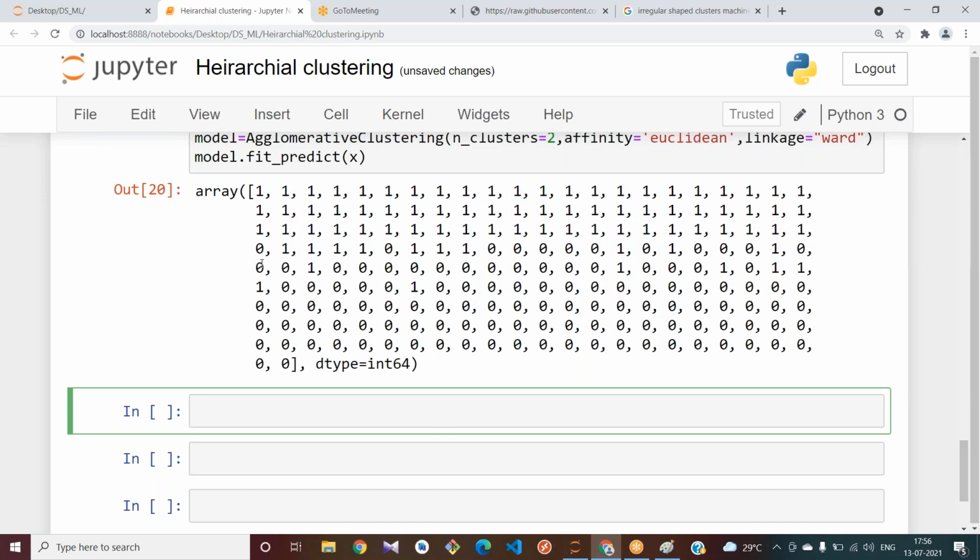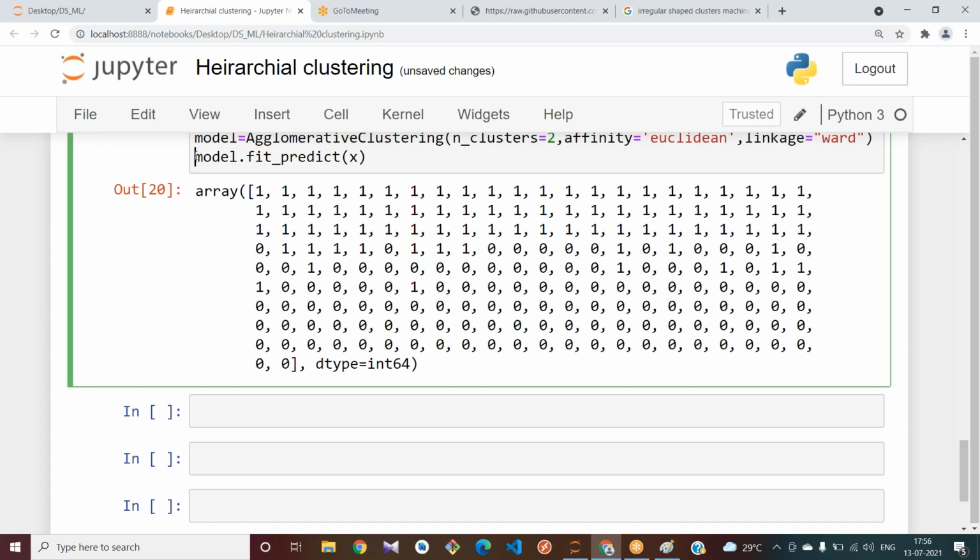First, let me store it in a variable, pred equal to.